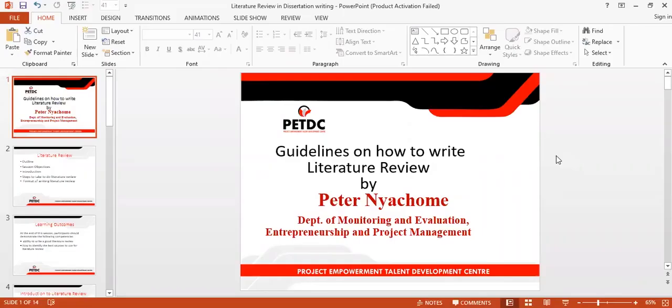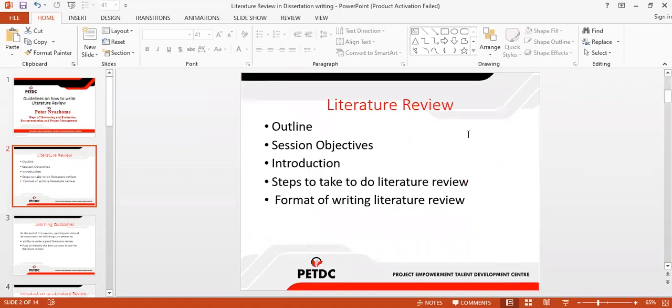We want to specifically look at some of the guidelines on how to develop a good literature review in your dissertations or your thesis. In our content outline, we shall be looking at the overview of the outline, the session objectives, introduction, and then we shall bring forth some of the fundamental aspects that are involved when you are writing your literature